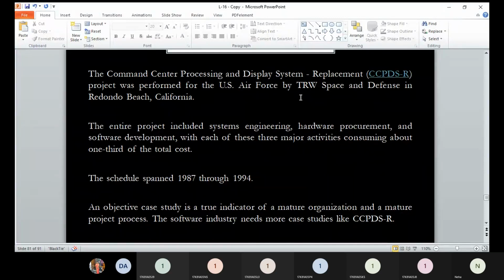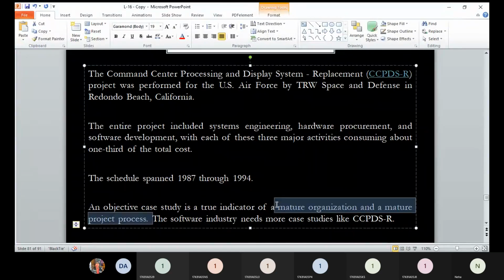These things are very much important for organizations. The schedule spanned 1987 through 1994, and the case study is a true indicator of a mature organization and a mature project process.